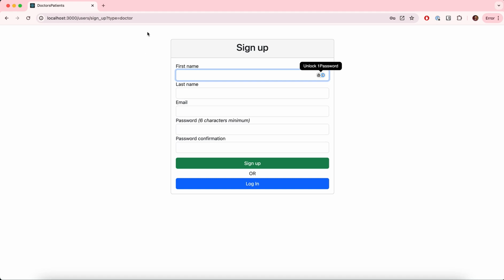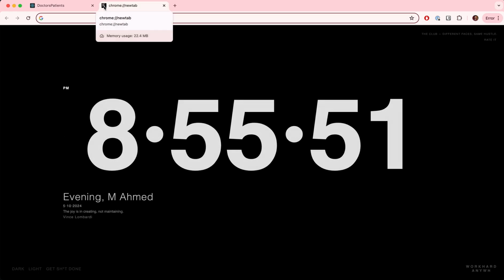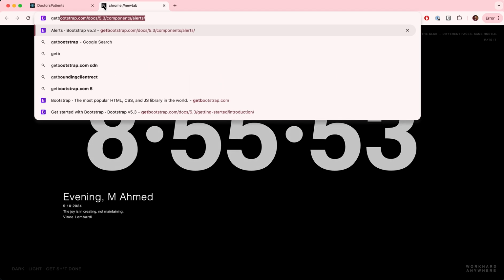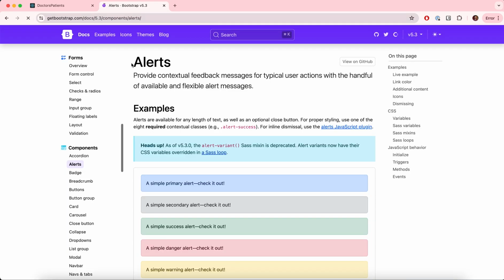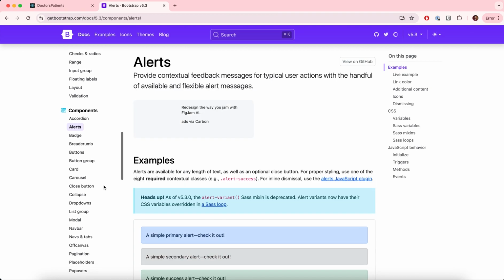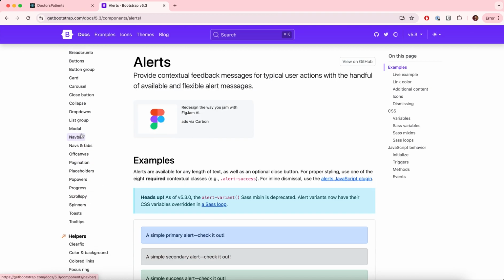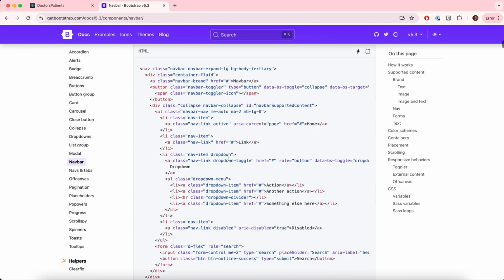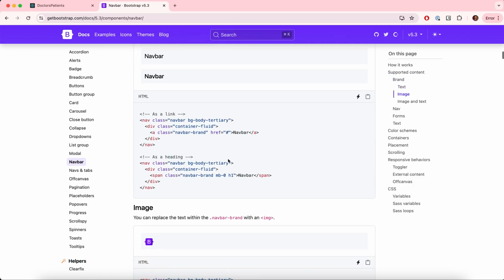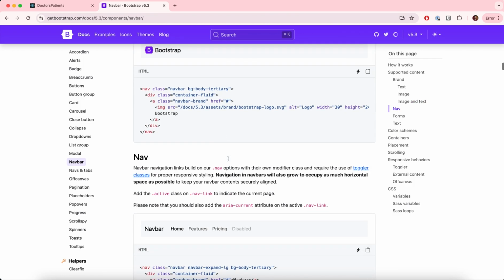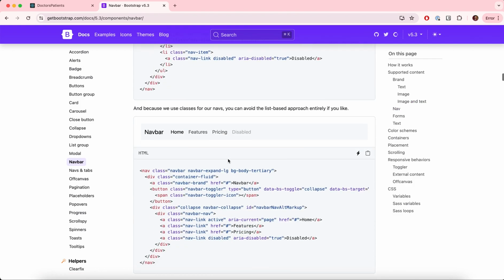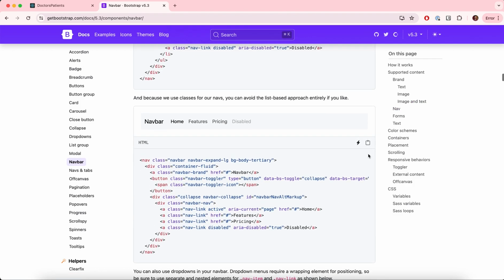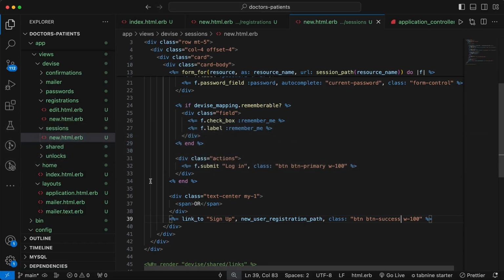And now let's add a navbar. If we go to the Bootstrap, and then 5.3, the latest version, let's check the navbar. Yeah, in the navbar let's find a simple one. Okay, let's copy that one and go back to our